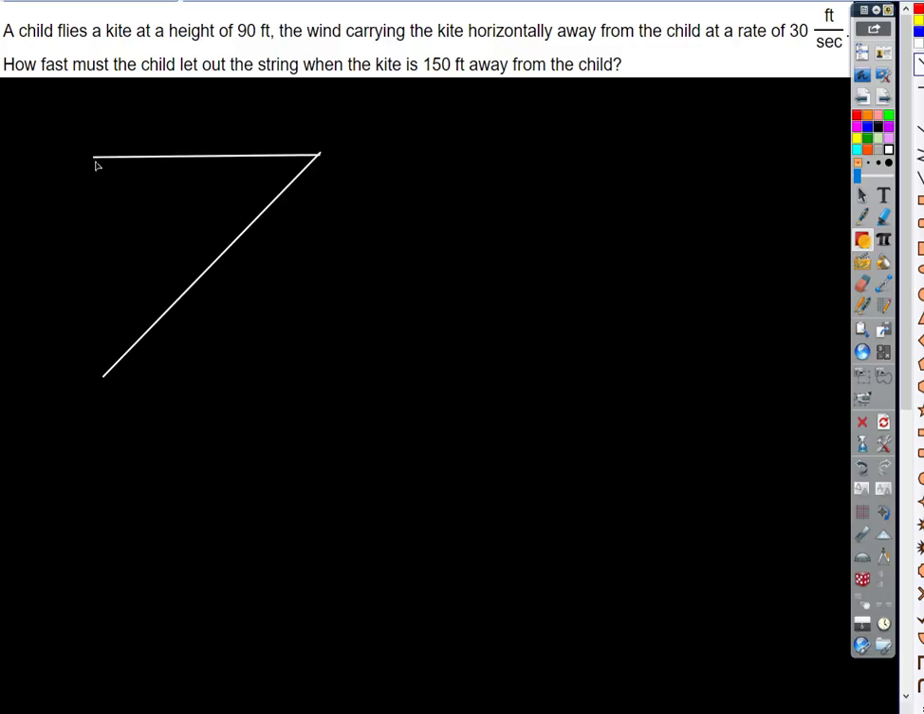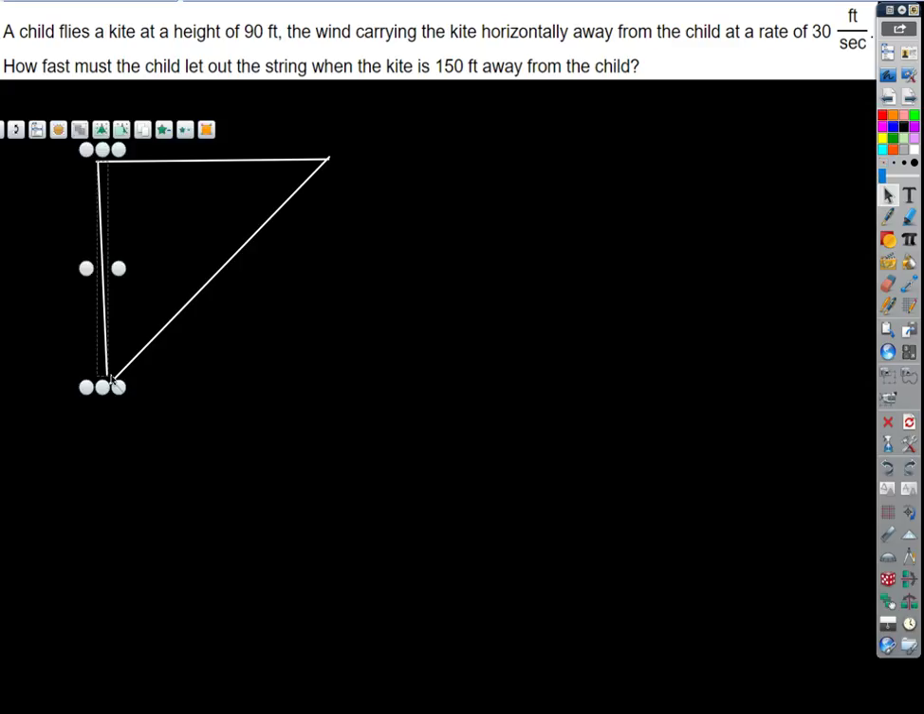Are there 2 practice tests? Wait, where is it? One's from last year, so you can even. There is one from last year? The bottom end is where the child is, the one going up is the height. But wouldn't it work with